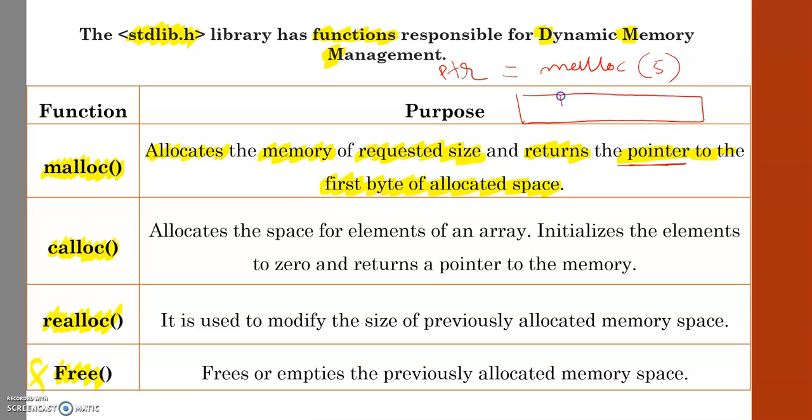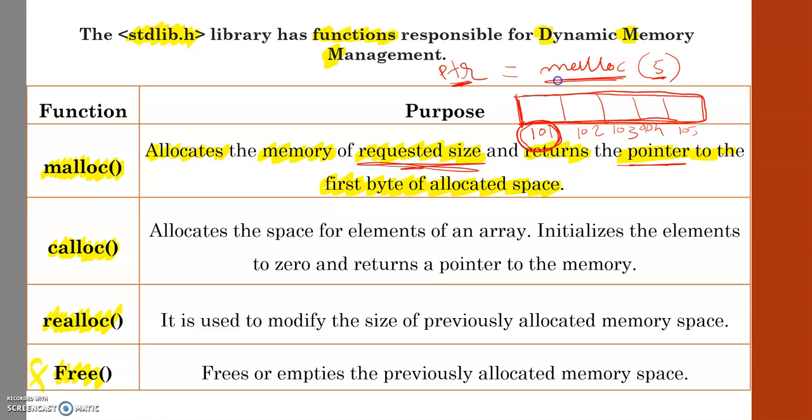Now let's assume that here we have 1, 2, 3, 4, 5 memory spaces. So it is reserved through the malloc function, and the addresses of this block are 101, 102, 103, 104 and 105. So it has reserved the 5 locations, and 5 is the parameter, right? It's the requested size, and this 101 is going to be stored in ptr.